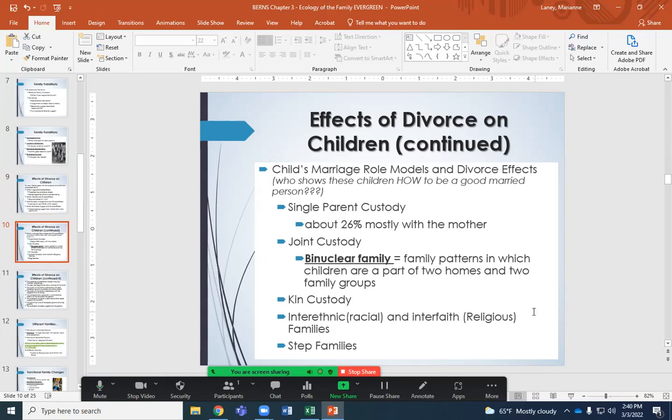So I mentioned here binuclear family, when you have a child who goes between homes, right? I have a friend who's remarried and he's got two small children with his new wife, but he's got a disabled son with his first wife, and they live in different states now, and it's really hard to manage those things, but do your best and what's best for the child, right? Again, sometimes there are differences in culture and religion in certain families.